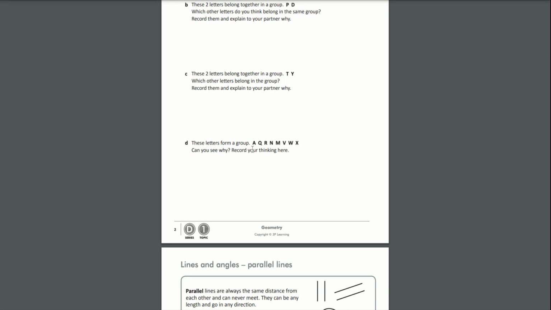Now, there's a final question which is going to make you think a little bit more carefully. Here, they've formed a different group. These letters form a group: A, Q, R, N, M, V, W, and X. Can you see why these letters might form a group? So you might have to think carefully